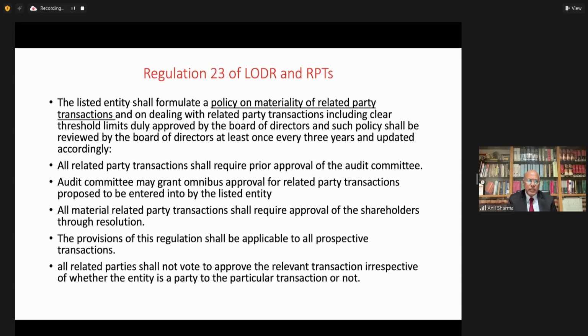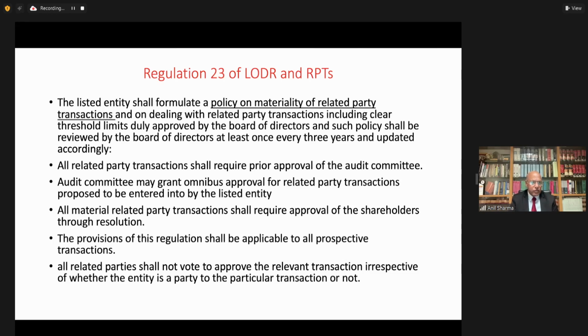So they are saying that they have to make a policy on materiality of related party transactions, and that policy will define the threshold limit, and it will define all the processes which are required to be carried out to identify materiality of related party transactions. Then this policy will be approved by the board and reviewed once in every 3 years and updated accordingly. So that is the first requirement, and then accordingly all related party transactions shall require prior approval of